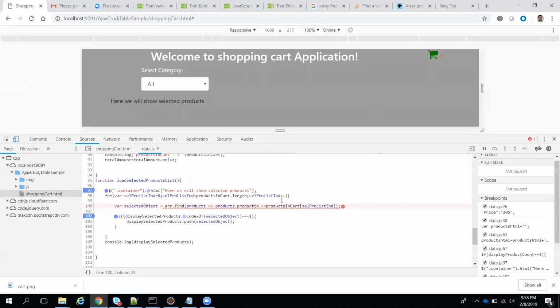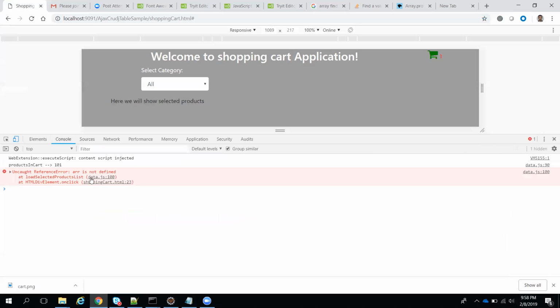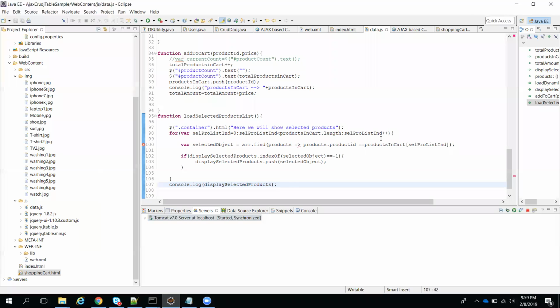Okay, some error, I think because of the arrow function. Because I told you, this is not ES6 functionality. That's why it is not executing. What is the error? We'll see in the console. ARR is not defined. Okay, where am I using ARR? So this array, actually, we need to pass these products.